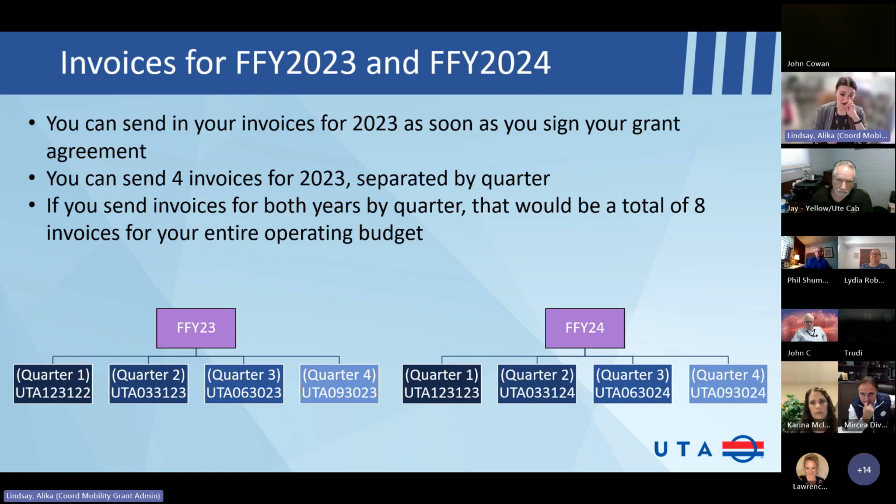Now, I know some people like First Up House, you do it by month. That's fine because they have a lot of paperwork and they can't upload that many documents. So they have like 24 total invoices instead of 8. That's a little trickier. It takes more processing on our end. It's just a lot more work for Jared and our accounting team. So we do prefer that you submit your invoices by quarter. Okay.